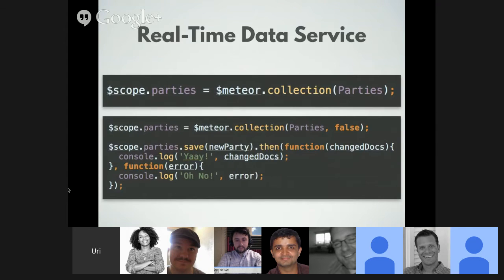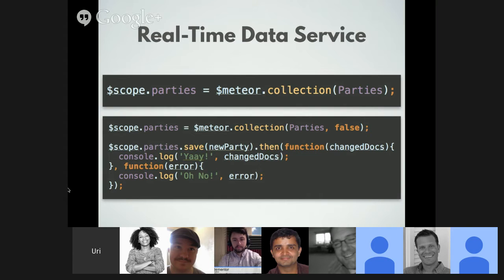I will code later, but first, maybe with the questions, I want to talk more about what we actually did. The first thing we did is the real-time data service. What you can do right now is you have a collection, data that exists on the server, and the only thing you need to do to bind it into your scope is this first line here.